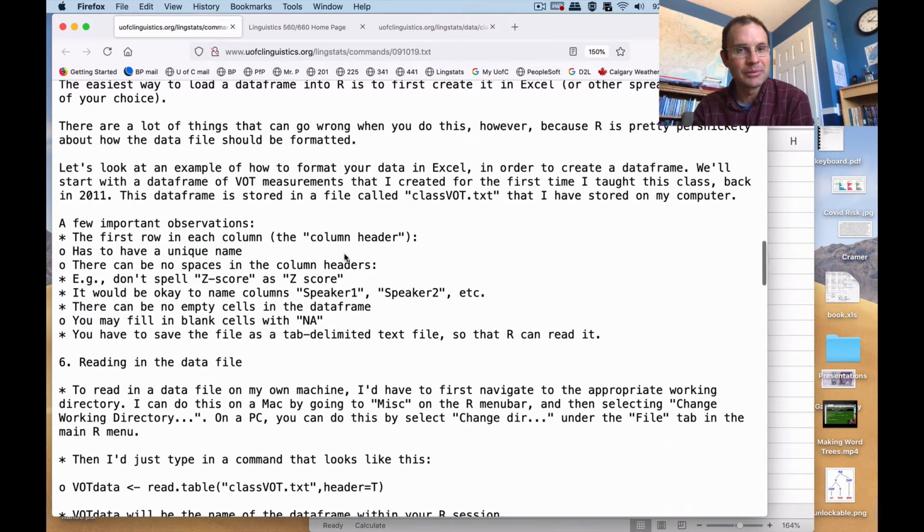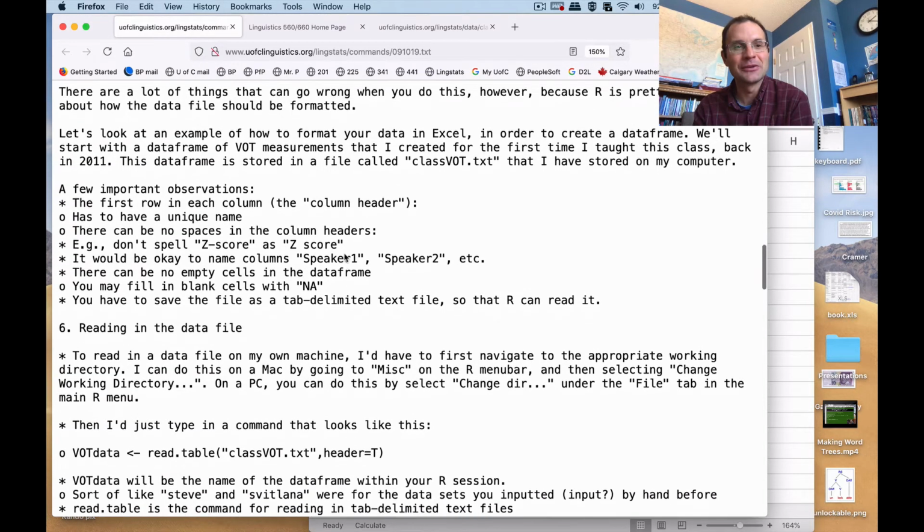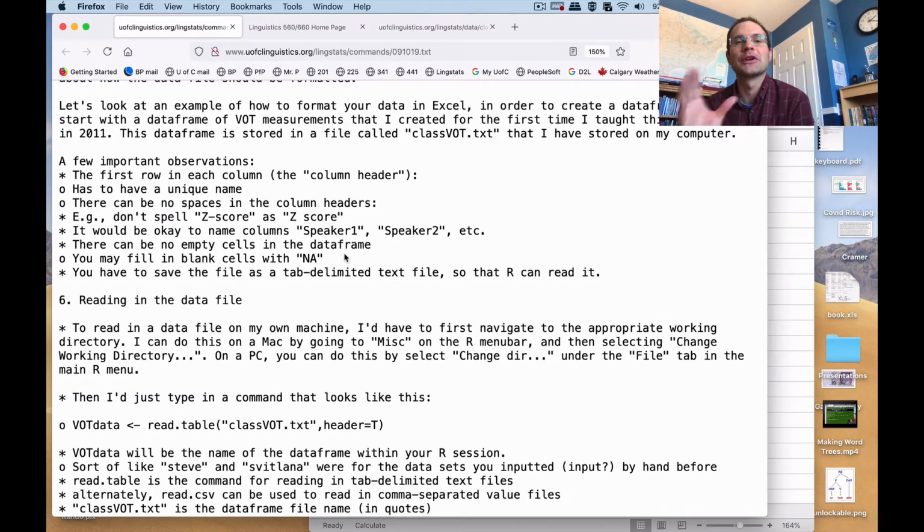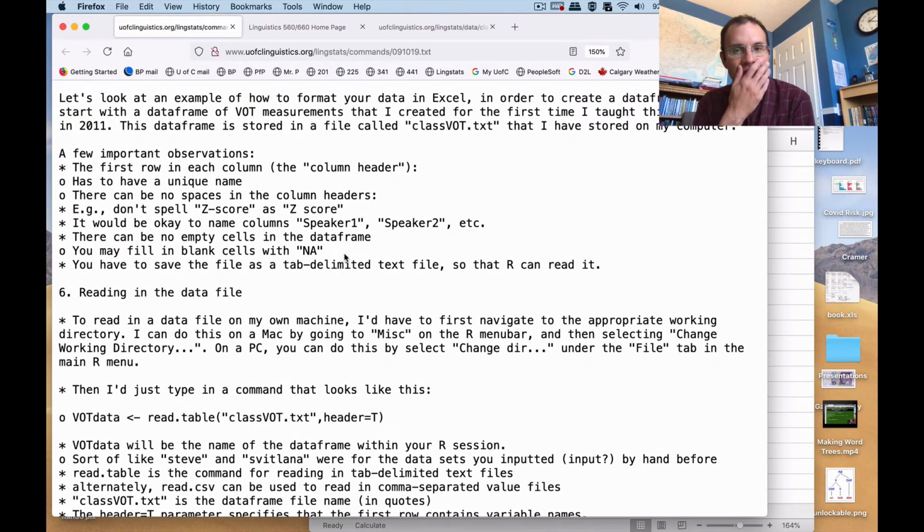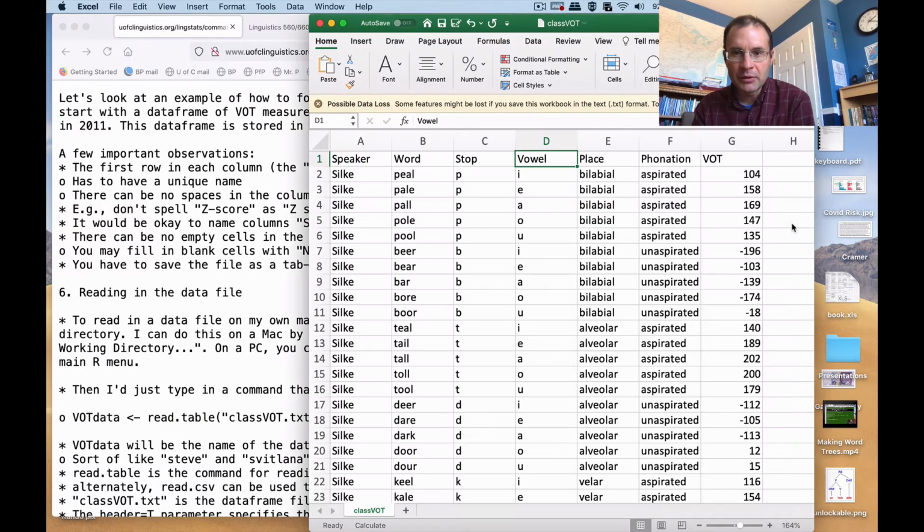So, because R is really persnickety about how the data file should be formatted, I'm going to walk you through not only how you should do it, but also what could possibly go wrong. All right, so I've already walked kind of through the basics here, but we have this spreadsheet full of